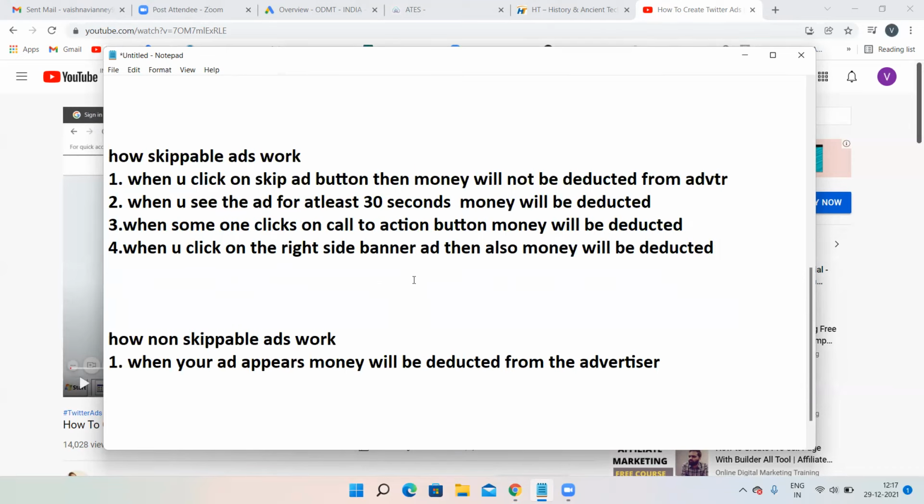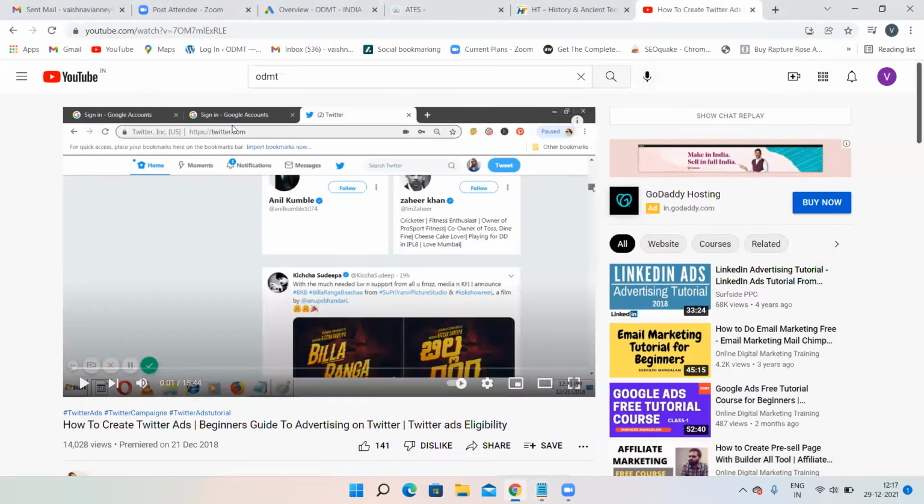So this is about in-stream ads, how in-stream ads actually work. Then coming to video discovery ads. Obviously, video discovery ads are not going to appear in a particular video. They are not going to appear at the start of the video, the end, or in between a video. They are going to appear on the right side or under video suggestions and so on. Suppose this is not a video discovery ad, this is a banner ad. Now let's assume that a video discovery ad has appeared.